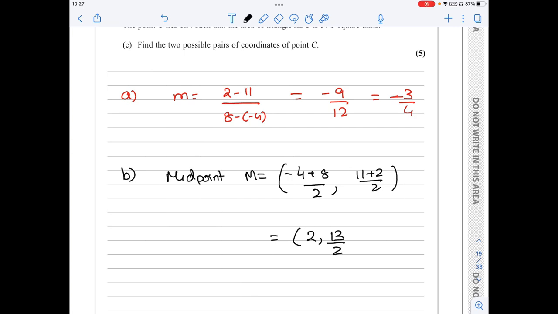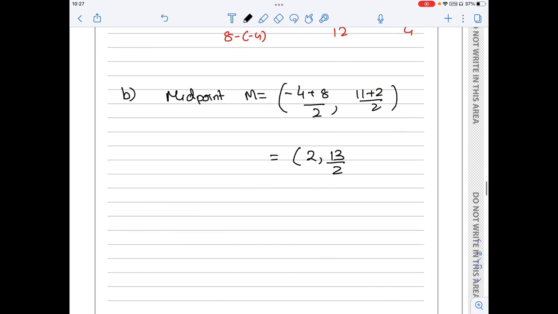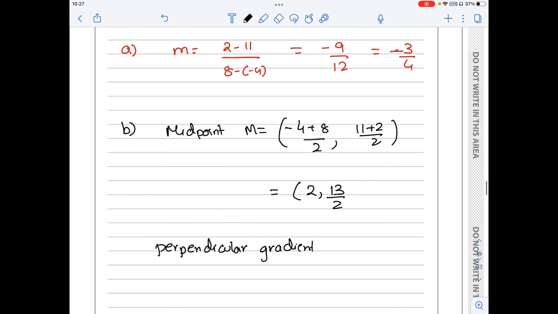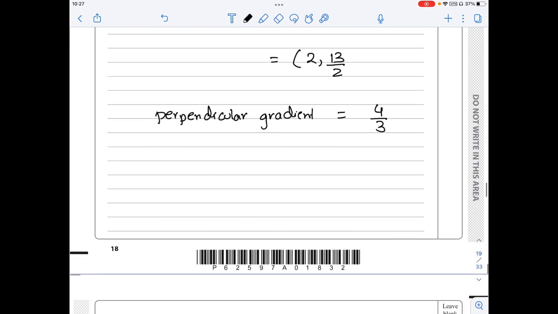Once I find the midpoint, I find perpendicular gradient. Perpendicular gradient will be reciprocal and change the symbol, 4 upon 3. Now equation will be y minus y1 equals to m times x minus x1, x minus 2. So simplify it further,